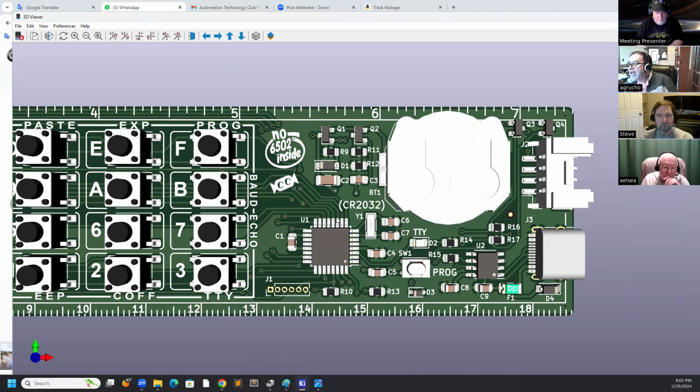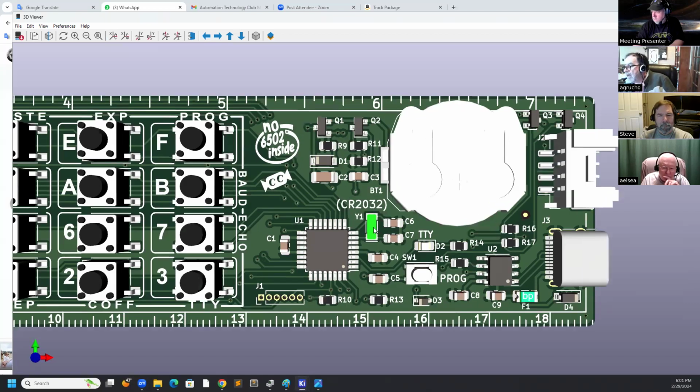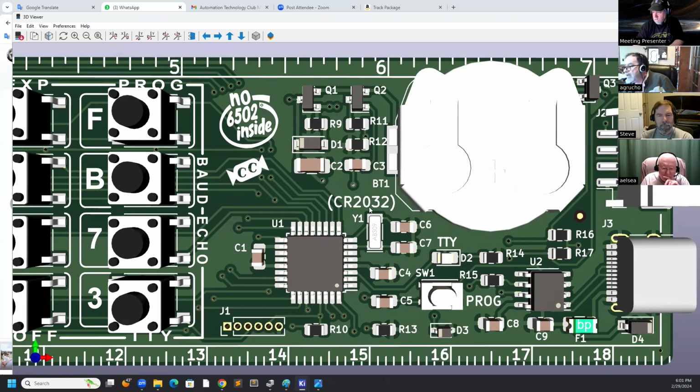It has a real-time clock, so it can run for a year, and it has a crystal here for the clock. You're saying it can run for a year on a single battery? Yeah.